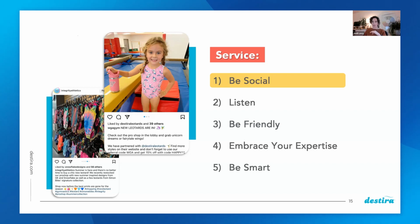I also want you to think about your location. So is your pro shop accessible? I was talking to somebody yesterday. They told me that their pro shop used to be behind a closed door in a glassed-in area. If you're answering yes, or you have the same concept in your boutique, I would argue that you should reconsider